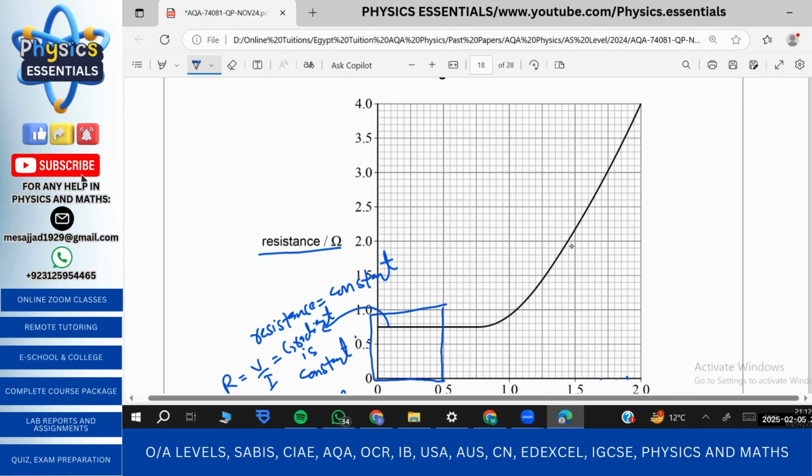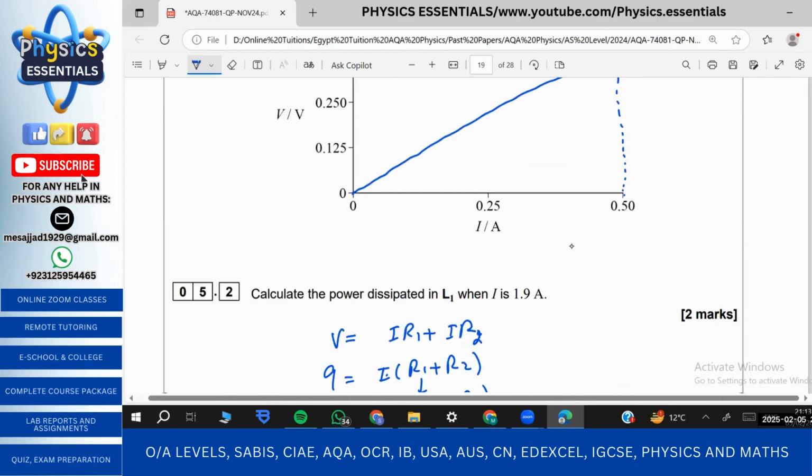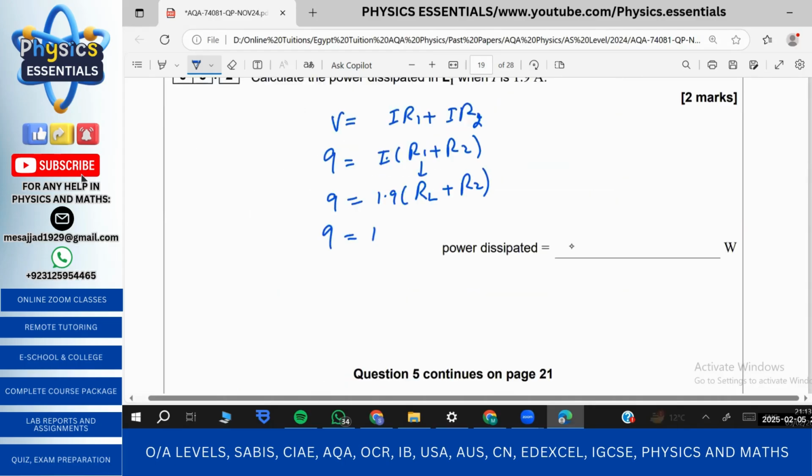So 1.9 is moving all the way up till here, and then here, right? So RL is going to be 3.6 ohms because this resistance is for L1, lamp 1, not for R, okay? They have written that the resistance of lamp 1 is this. So RL is going to be 3.6, right? So 9 equals 1.9 times 3.6 plus R2, right? So from here, after some simplifying,